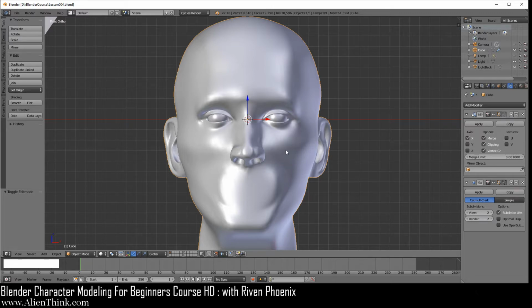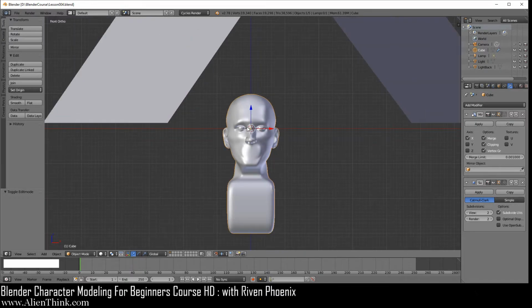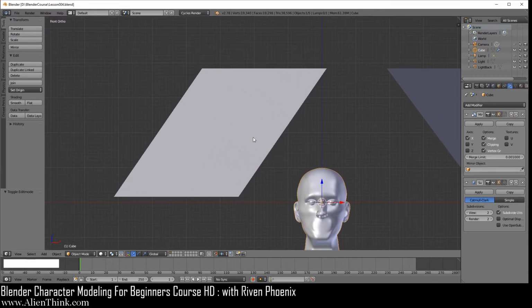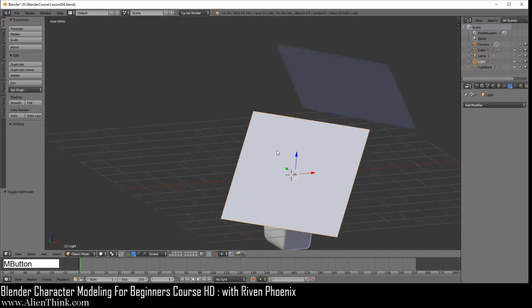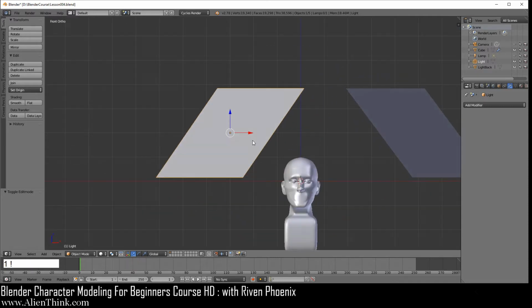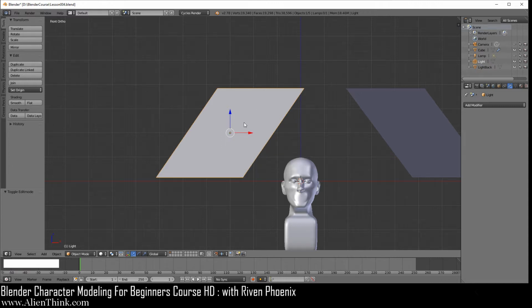So what is a quad? Okay, so what we want to do is go ahead and zoom out and Shift middle mouse button over here. And we're just going to take a look at this object over here. So this again was a light source that we had created for the Cycles renderer, and it's simply a plane. So if you remember, we had done Shift A and added a plane. Okay, and we simply rotated this.